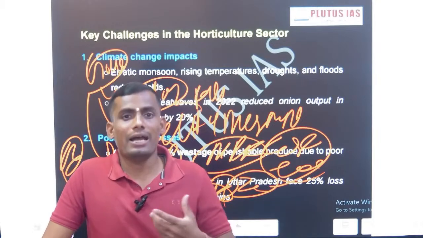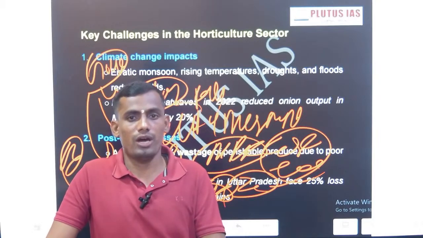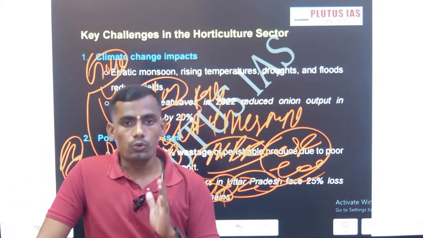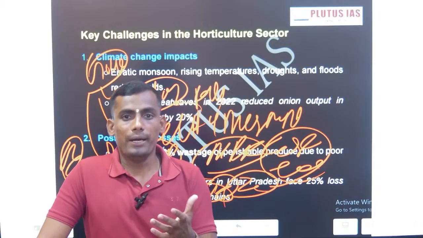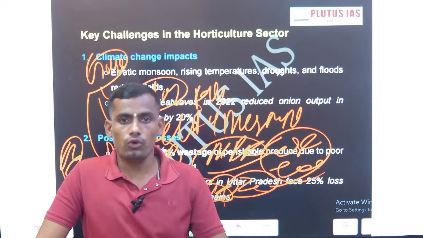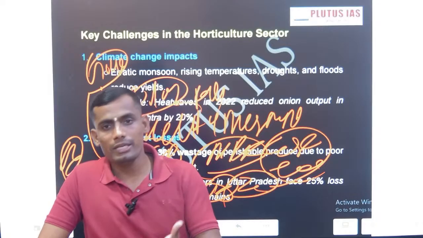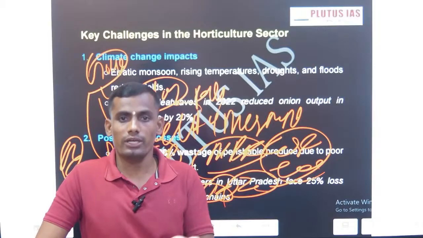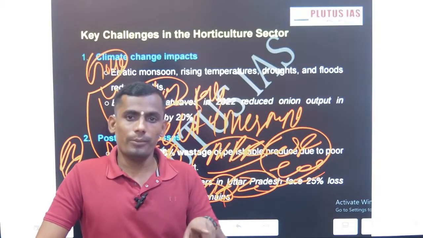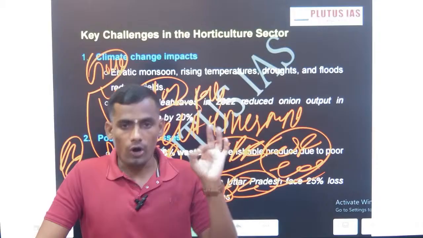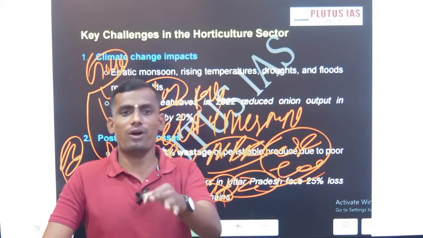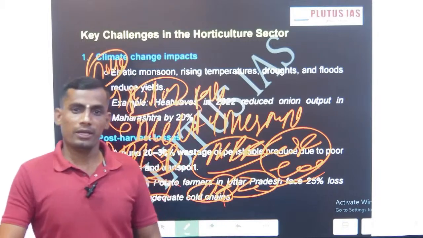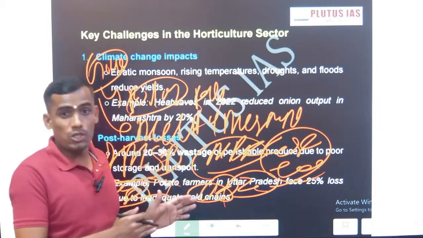So it is indirectly a discouragement for the farmers to grow, because even though the horticulture crops are very good and have very high value, the government is providing MSP to the food crops: cereals, pulses, food grains, oil crops, and plantation crops, particularly sugarcane and cotton. Instead of this, the government is not providing MSP to horticulture crops, and that is discouraging farmers to invest in and cultivate fruits and vegetables. This is the third issue, at the government level.